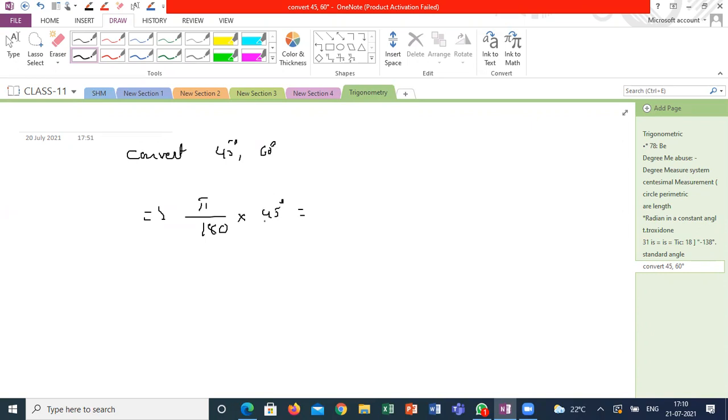How much are you getting? Pi by 4 radians. 60 degrees: pi by 180 into 60, pi by 3 radians. In the same way, please convert 90 degrees, 120 degrees,